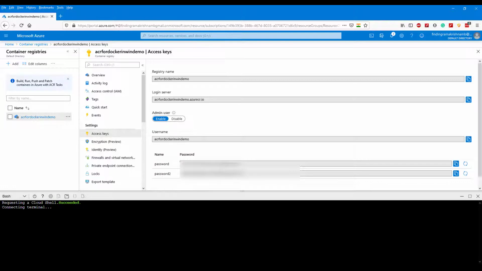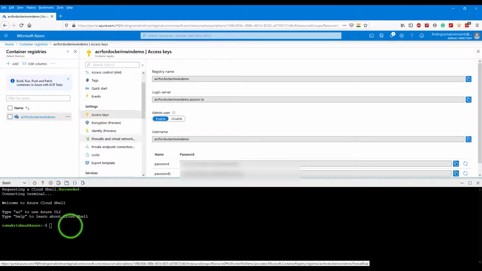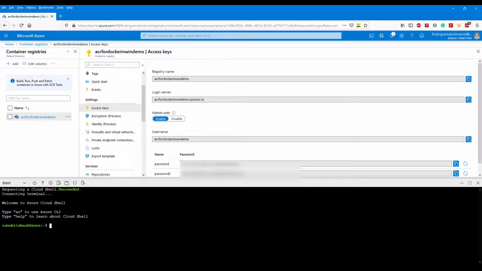It will open a terminal in the browser itself, so there is no need to create a separate terminal to execute Docker commands. So I will show how to log in to the Azure container using this terminal.